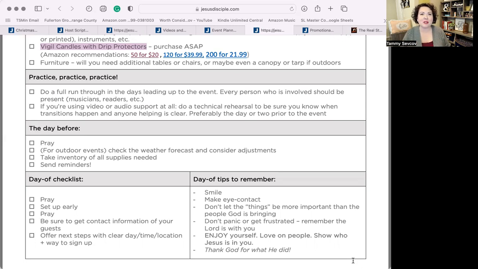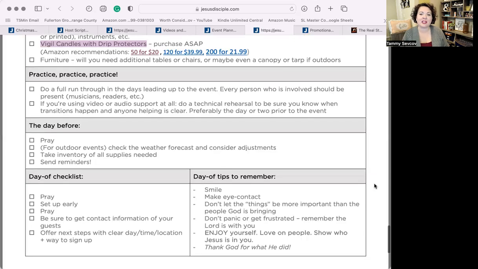Right? I mean, that's probably the way we should be living our lives. Okay, Lord, didn't see that coming, but you did. What now? And trusting that he's going to lead you through it, and just enjoy yourself as you love on people and show them who Jesus really is. Because he's not the big mean God that some people think, or the big religious legalist thing that some people think. This is a beautiful relationship we have with our Lord, and so many others so desperately need that peace and that joy. And so it's a beautiful thing that we get to share it.